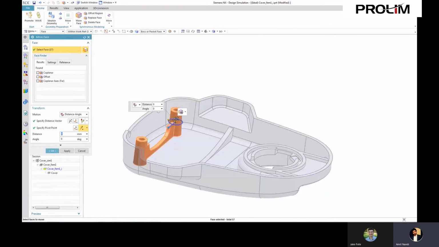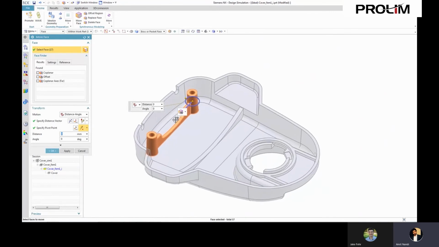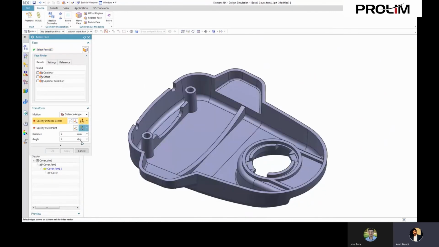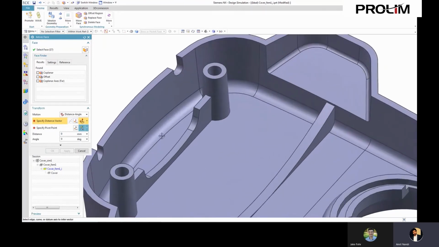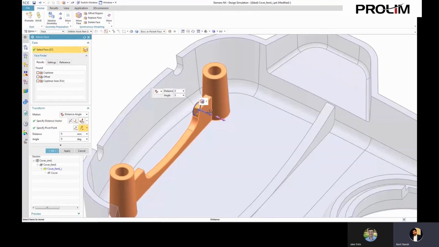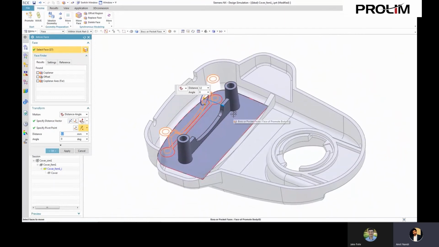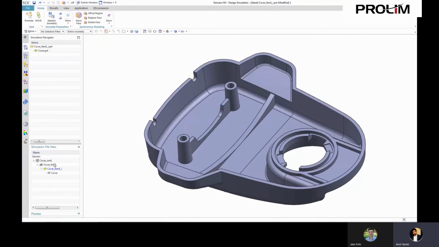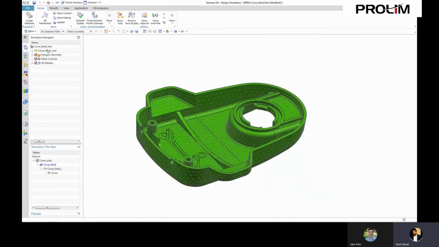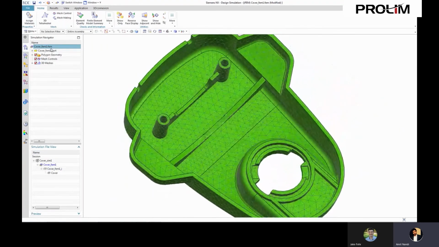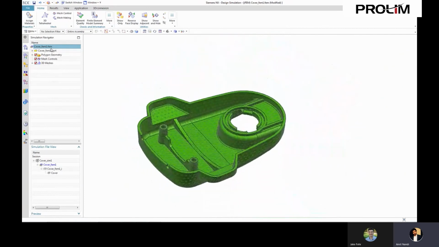Simply, being in the simulation environment, you have almost all the access to the modifying feature options like synchronous modeling technologies, and this is how we can quickly move these features from one position to the other position. Now you can quickly say update, so the mesh also got updated as per your modified design,